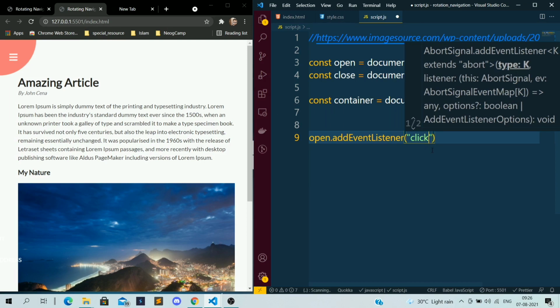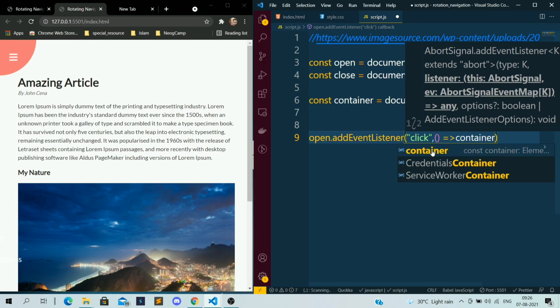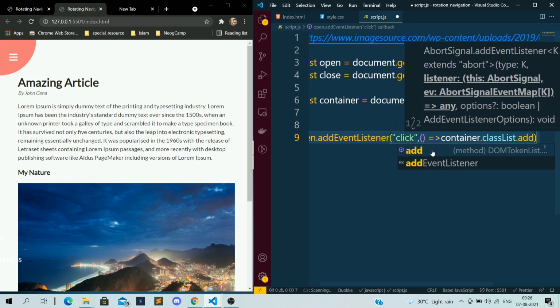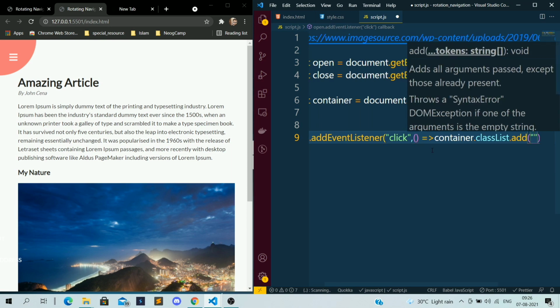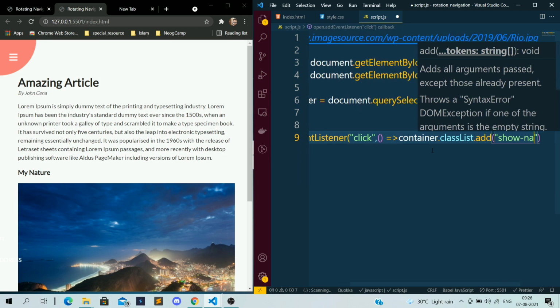So I want to apply the event listener of click, and I want to add the class of show nav. That is why I'm using classList add, and then we want to show the nav.